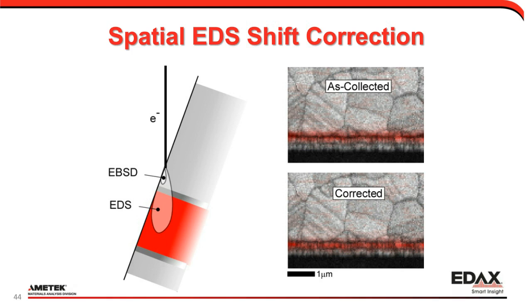This becomes more important as the step size becomes smaller, because if you're looking at micron or larger steps, then the interaction volume difference doesn't really show up. But when we're looking at submicron pixels, this interaction volume problem can be more highlighted. So we can shift these pixels now so that the EDS data lines up with the microstructure we see with the EBSD. And once it lines up, then we can use that for Kikuchi analysis on nanometer scale